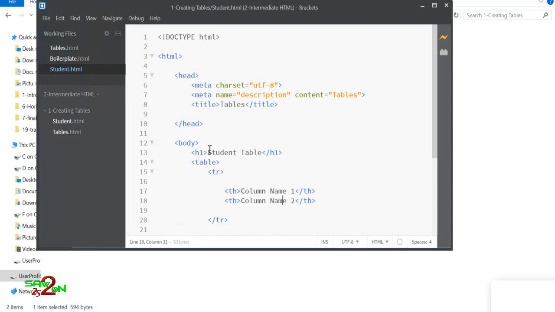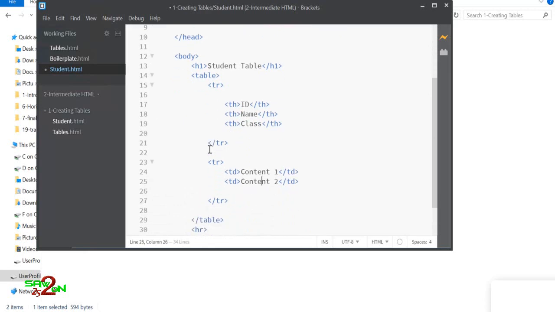Okay, the first part we will create the columns. We'll create 3 columns for a student: ID, name, and class. Okay, for the content, we'll create the user's content or student content, and then his class.